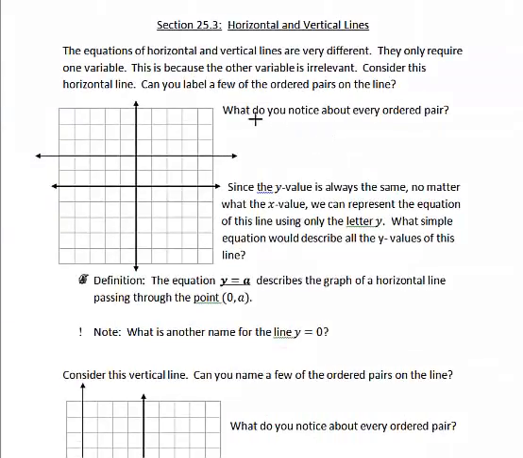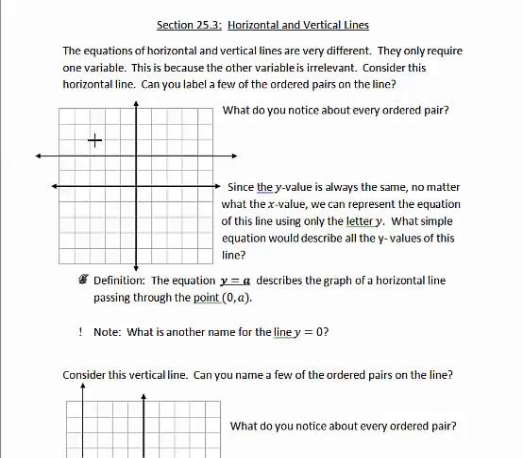Alright, so what if we have an equation that doesn't have an x and a y intercept? Well, it turns out that a horizontal line doesn't have an x-intercept, if it's not actually sitting on top of the x-axis. Okay, so if we look at this,